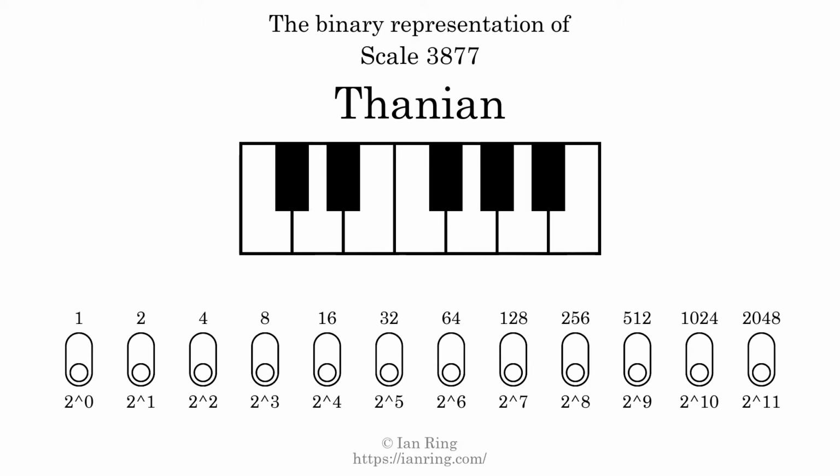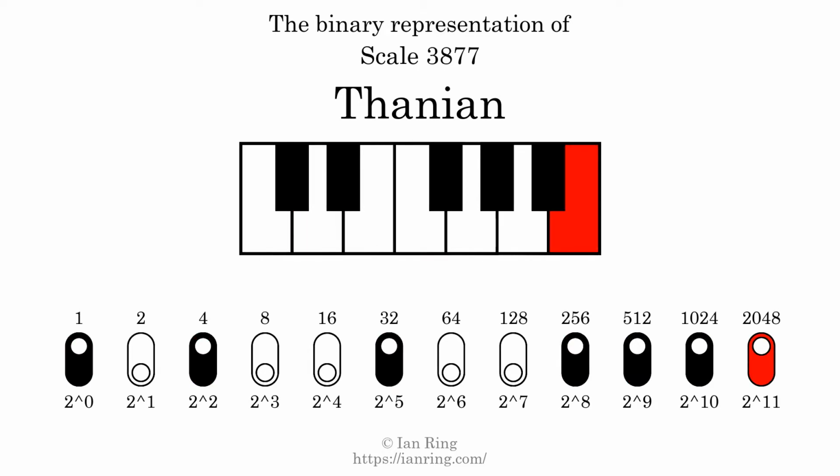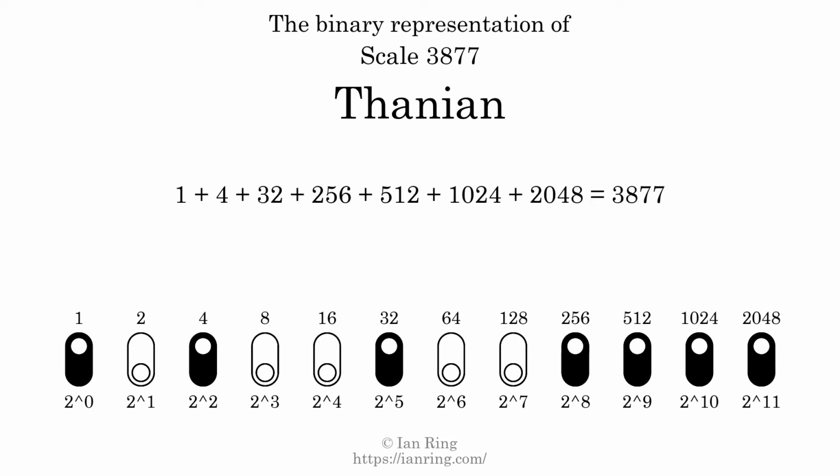The binary representation of this scale is determined by mapping tones of the scale to binary digits. Each binary digit represents a power of 2. To get the scale number, we add the powers of 2 together. The powers of 2 that are present in the scale, all added together, equals 3877. That is why the scale number, in decimal, is